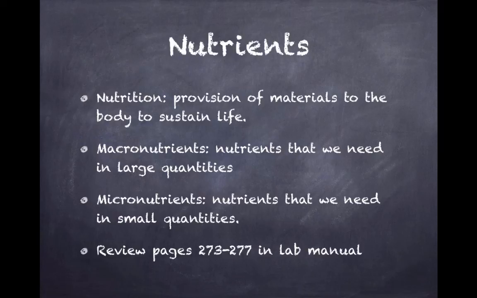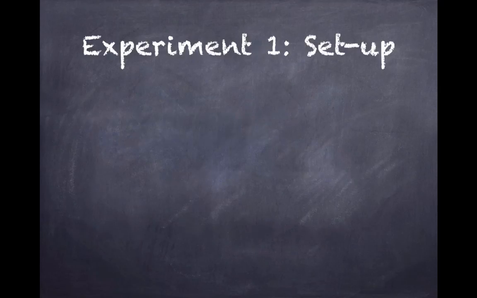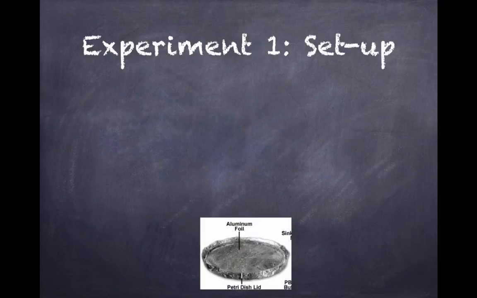To begin this week, review the materials on page 273 to 277 in your lab manual. In experiment 1, we will use a marshmallow to determine exactly how much energy is stored in the bonds in the molecules that make up the structure of the actual marshmallow. Gather your materials listed on page 278. We will set up a fireproof petri dish by covering it in tin foil. You will place your marshmallow on top of that and light it on fire